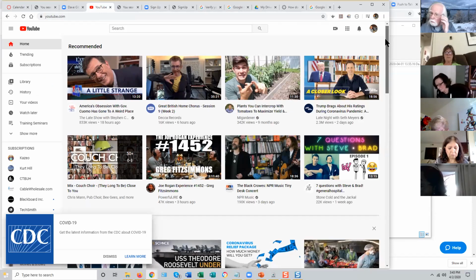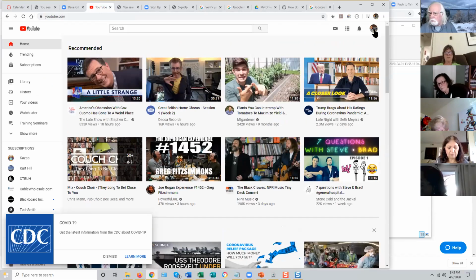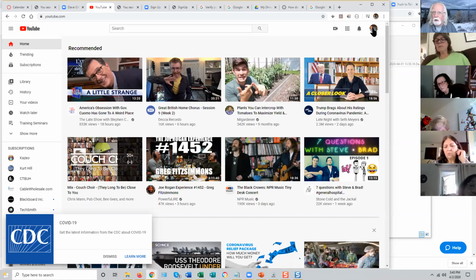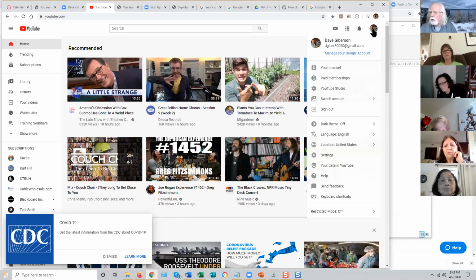If you're logged into your Google account, when you enter YouTube, you'll see a little circle up here with either a picture of you in it, if you've added a profile picture to your Google account, or just a little silhouette. And you click on that, and if you're not logged in, it'll prompt you to log in with your Google account credentials. If you already are, it will give you some menus on using YouTube. But you don't need to do that right now. As long as you're logged in,